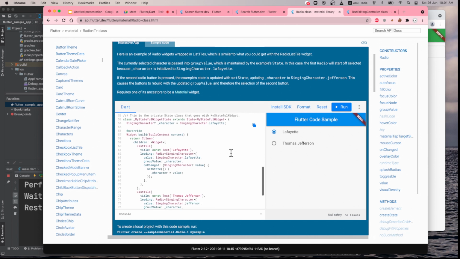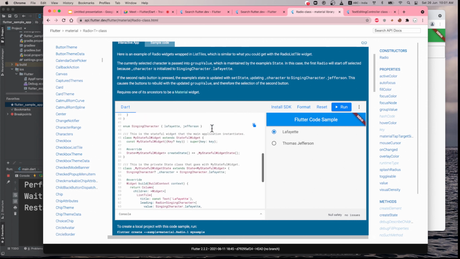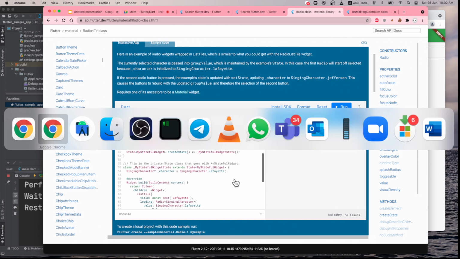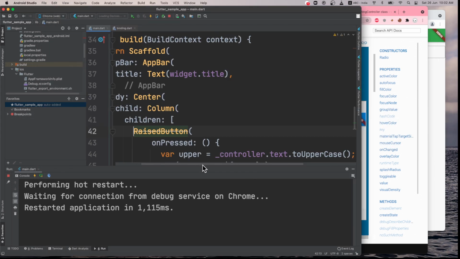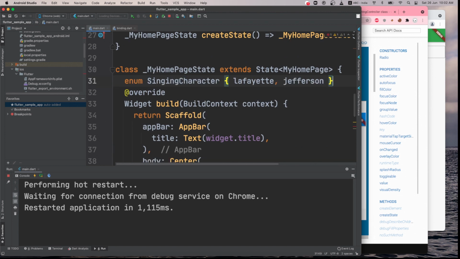We have to define a single character. They have defined like 2. Okay, we will define an option in our code here. I will delete this as well like this.